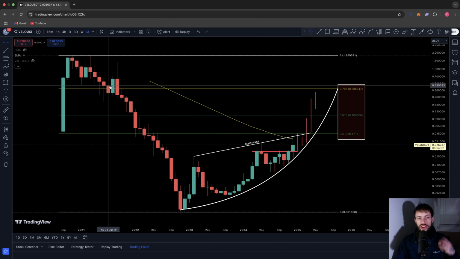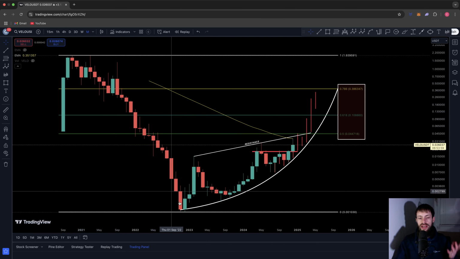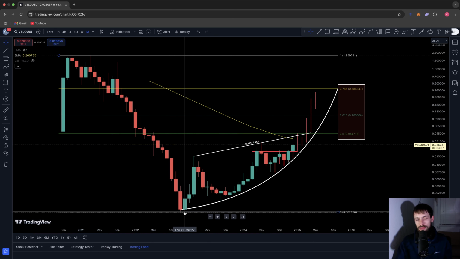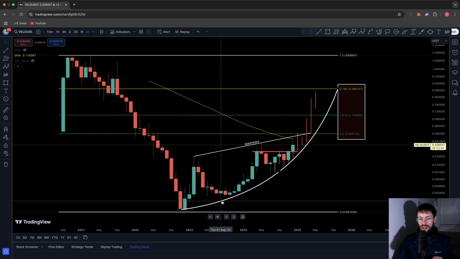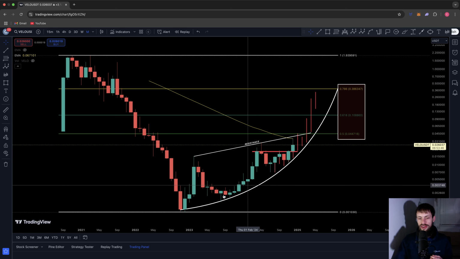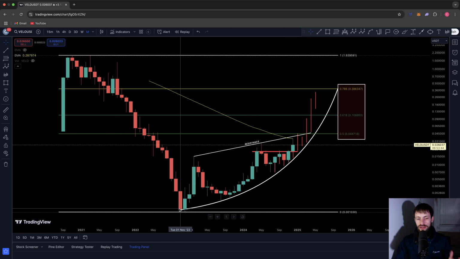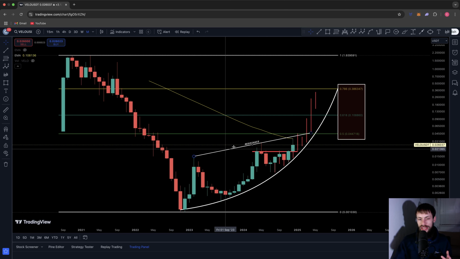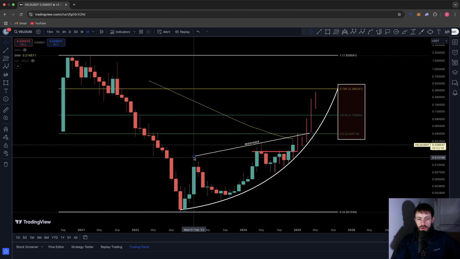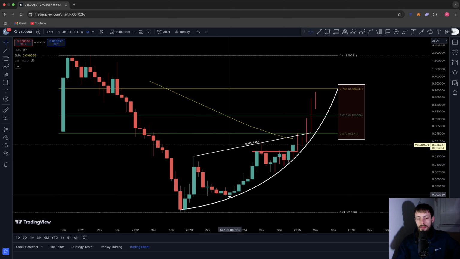Let's dive in. So straight away here, we have VELO on the monthly time frame. We have a fib on from our all-time low back in December of 2022, retracing to the all-time high of November 2020. And from this low, you can see I've got this curve that's been adhering very nicely for VELO here. So the foundation started in November, December. We had the rally up, which created this level of resistance for VELO back in February of 2023. At this point, we then had the retracement back down to this curve for support. In fact, we had 2 points of contact on this curve in August and October,